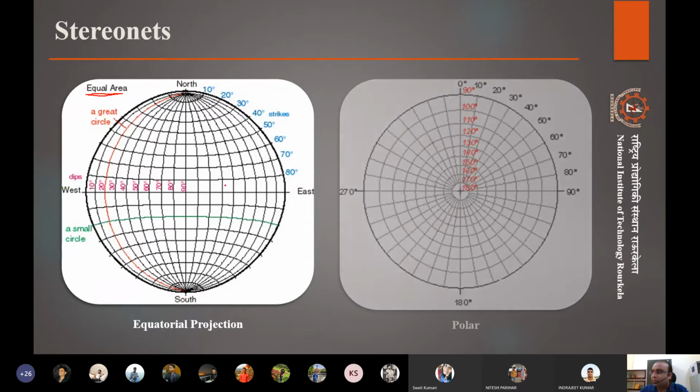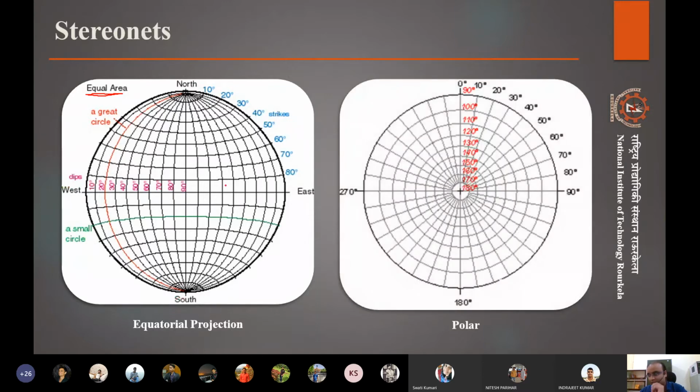In polar charts, we actually do not plot three-dimensional figures. We just plot two-dimensional objects like a line. So to plot a line, it becomes simpler if we have the trend. Suppose a 120-degree trend. So this is 100. This is 110. It is 120. So we have 120, and